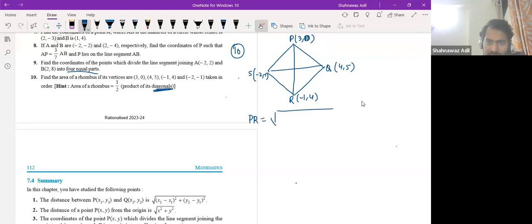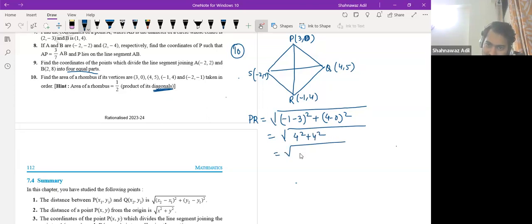Root of (x2 minus x1) whole square, so (minus 1 minus 3) whole square plus (y2 minus y1) whole square. This is 4 square plus 4 square, so this is 2 into 4 square. So 4 we can take outside because that is 4 square. So this is PR,